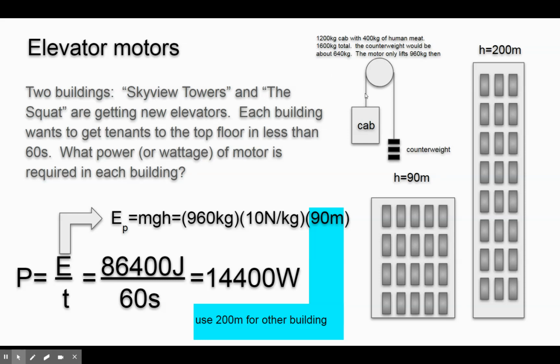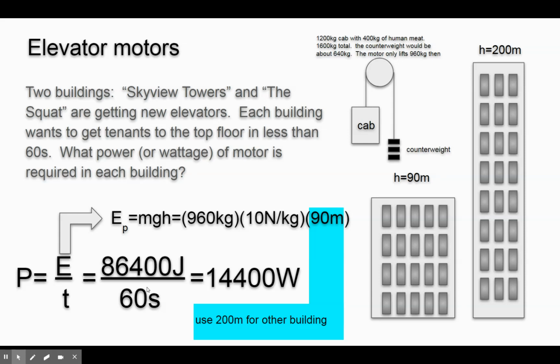And in industry, the counterweights inside the elevator shaft take about half the weight away. So this elevator really only needs to lift 960 kilograms, which is really nice. They offset the weight with these counterweights. So I've set it up here where you have 960 kilograms. If you lift 960 kilograms on Earth for 90 meters, you get 86,400 joules.